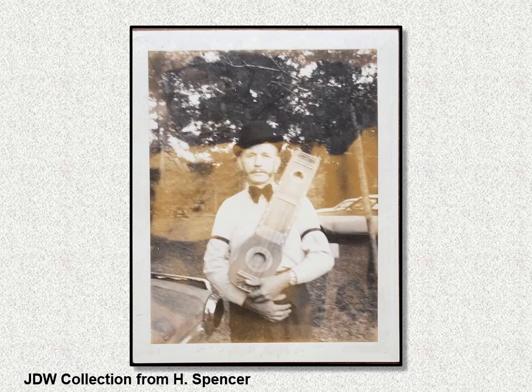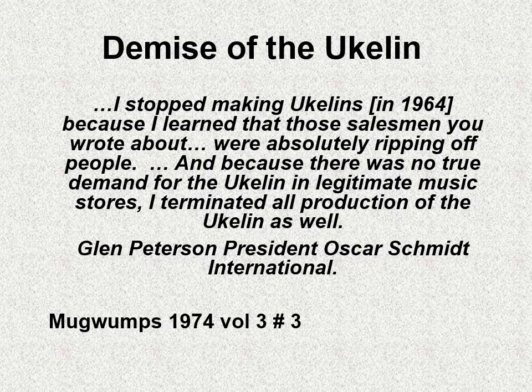And there he is. He sent me this photo with his ukulele. So eventually the ukulin was stopped production. The president of Oscar Schmidt International wrote that, quote, "I stopped making ukulins because I learned that those salesmen you wrote about were absolutely ripping off people, and because there was no true demand for the ukulin in legitimate music stores. He was getting complaints from people